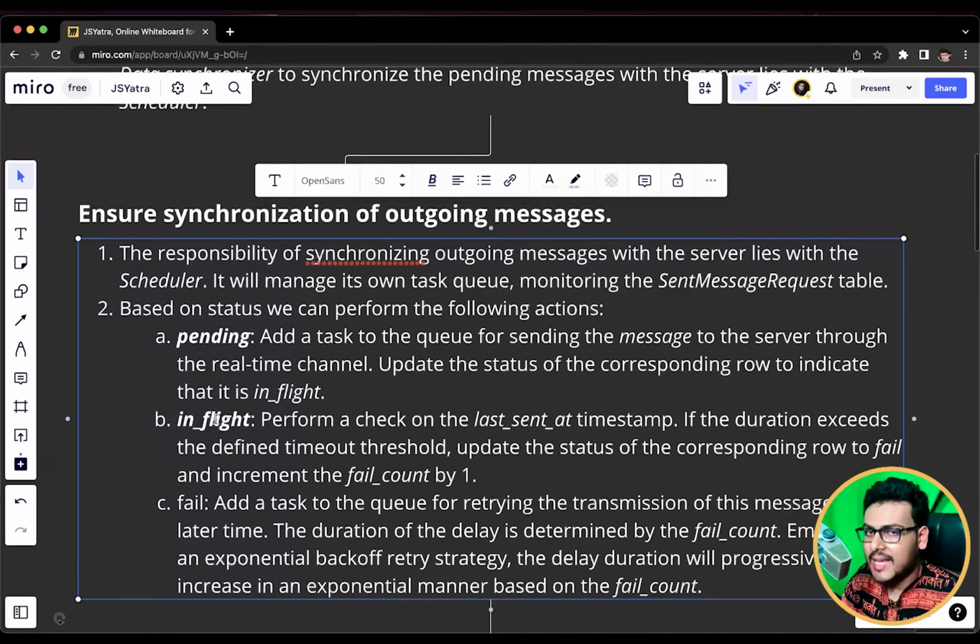So once the data is in an in-flight status, a countdown begins. Let's say it is a 5 second countdown. The scheduler is going to wait for 5 seconds and check whether the status of this particular message in flight has been updated, whether I received any confirmation from the backend about this message or not.